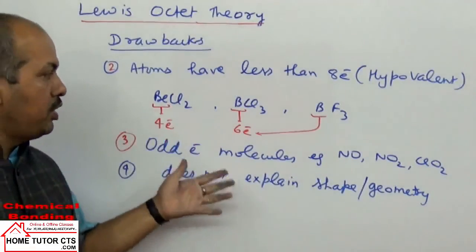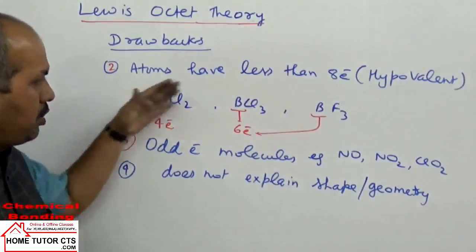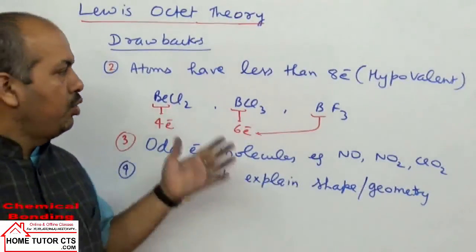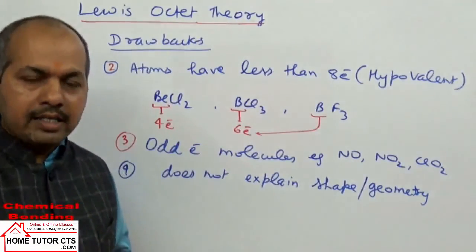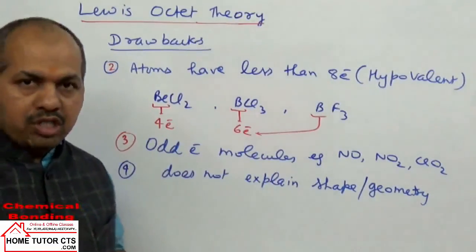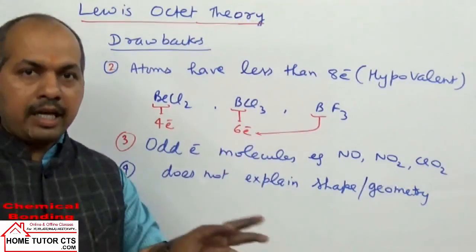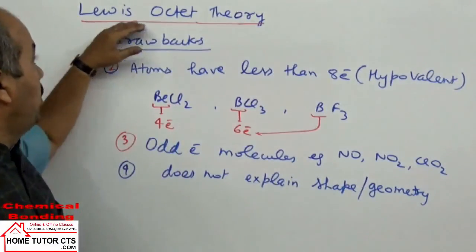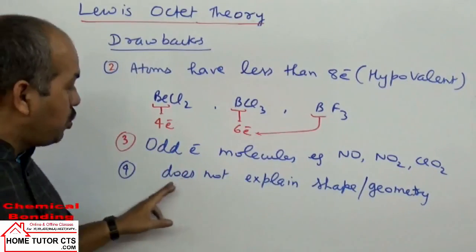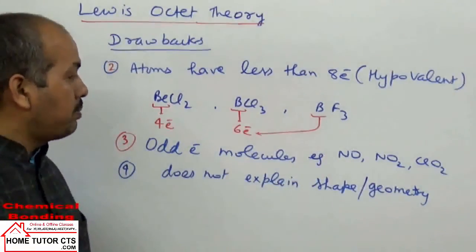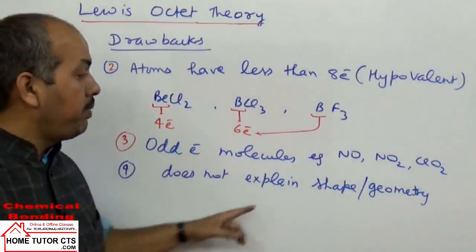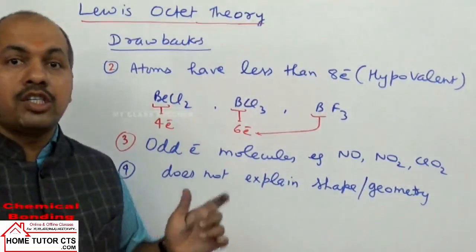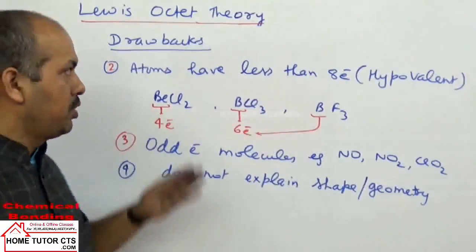If the question is given to you and you know the structure, you can draw it directly. But if you are given an unknown molecule or ion, you can apply the approach I have given you. But in the exam, write only the answer. Okay, that is the Lewis octet theory. One drawback is that the shape of the molecule is not explained. The shape of molecules can be explained by our next theory, the valence shell electron pair repulsion theory. Let us come to the next theory.